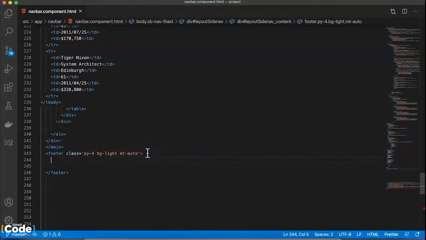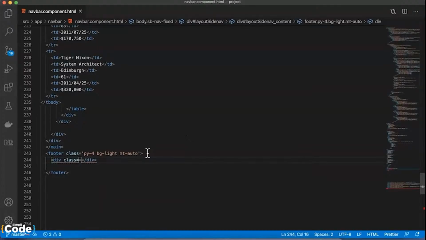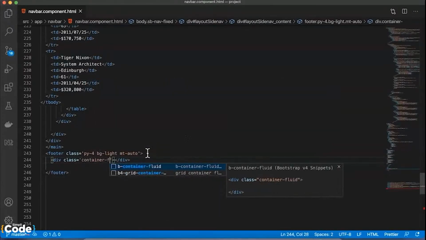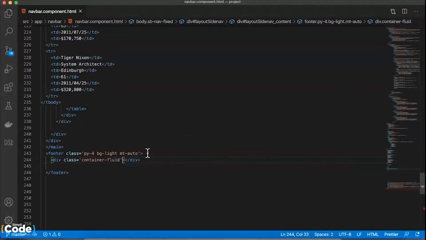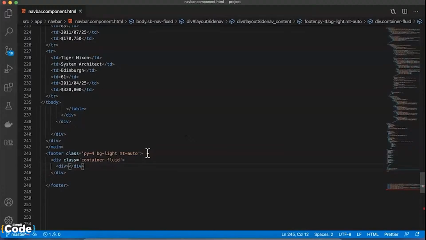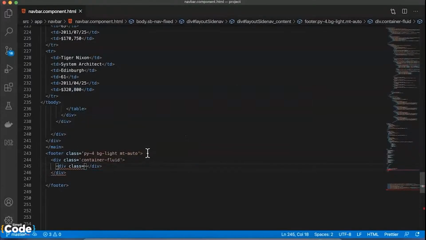Okay, followed by we can use another div tag, and inside this div we can use class equal to container-fluid. Container-fluid. Now there's another div tag. Okay, inside this div we want to use what? Class equal to